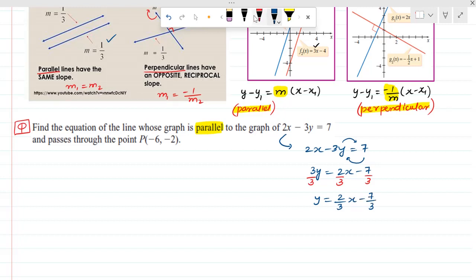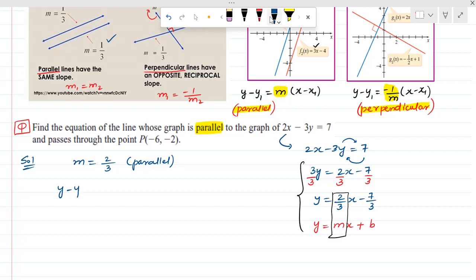Now when you compare this with the standard form, what is the standard form? y equals mx plus b. Then what is your m? M is nothing but 2 over 3. So m is equal to 2 over 3. That's why we are reducing it into the slope-intercept form. Now I got the slope. So the slope is equal to 2 over 3. Since it is parallel,